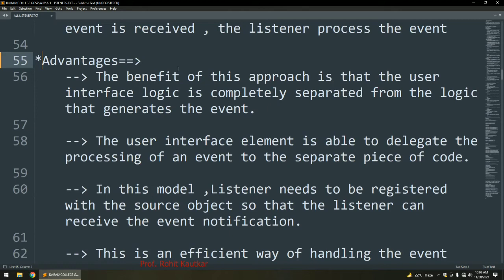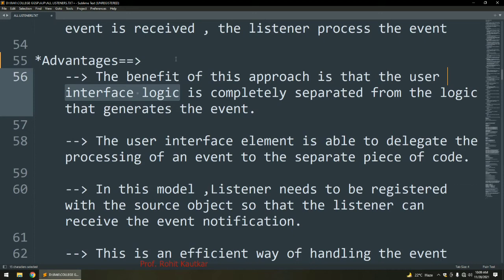Now what are the advantages of this delegation event model? First of all, the benefit of this approach is that the user interface logic, that is GUI related logic, is completely separated from the logic which generates and handles events. This is the important benefit of the delegation event model.